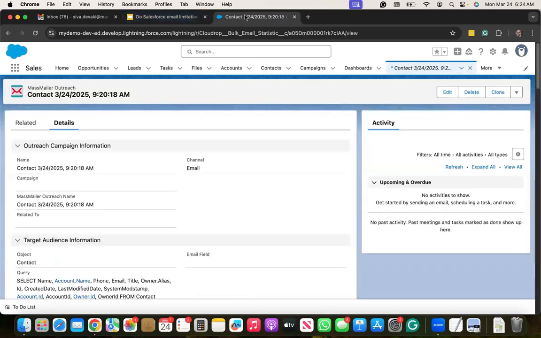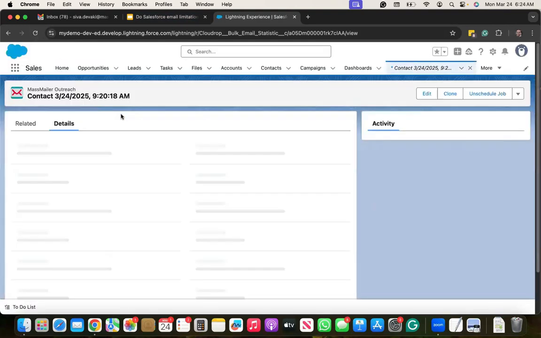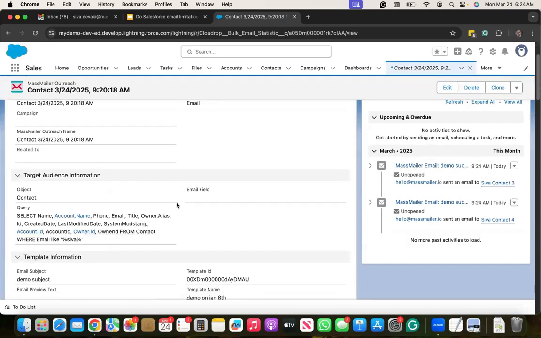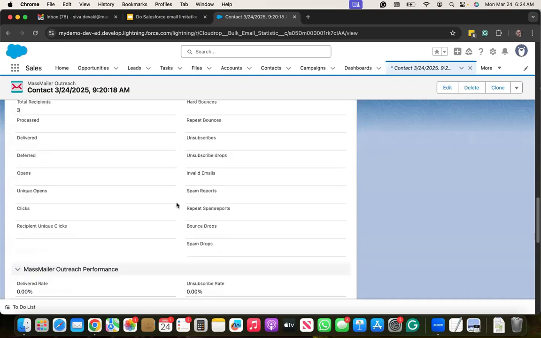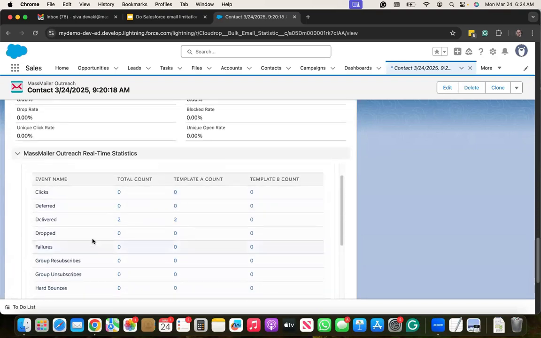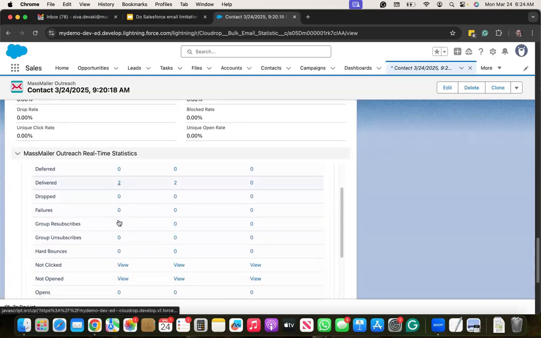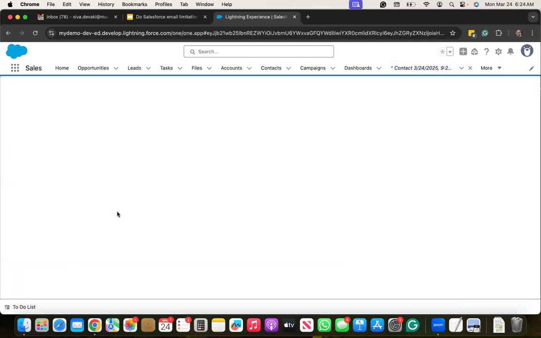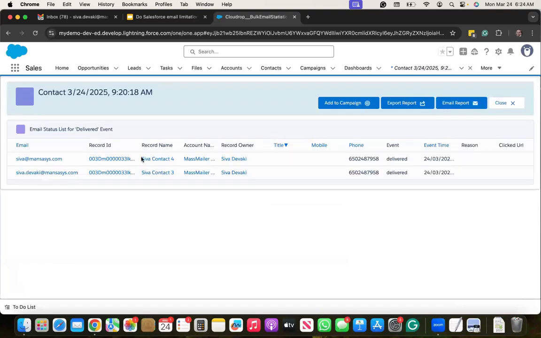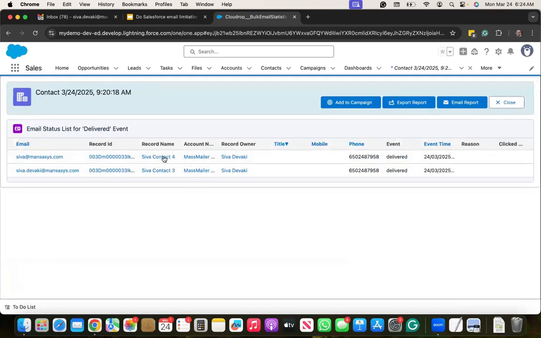Every campaign that you're sending out is actually captured in this object called MassMailer Outreach. So this has all your campaign information, who is the sender, who is the recipient, what template you're using, and statistics information, status information. You can see two got delivered here. The real-time stats, if you click on that, you can go to the drill down report menu. So there are two contacts that have received, as you can see. Those two are listed here. So if you click on one of the contacts here,